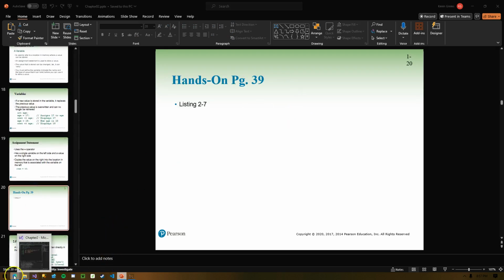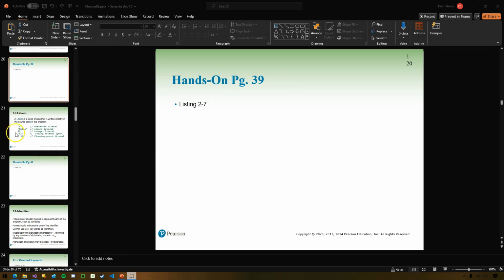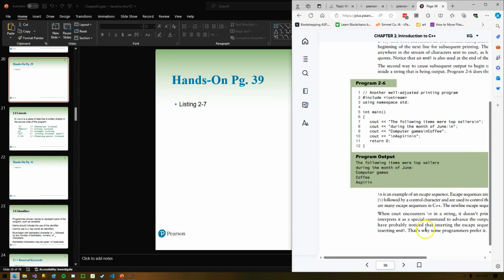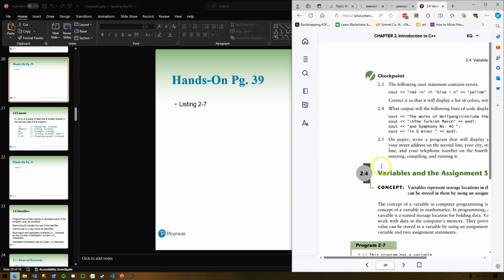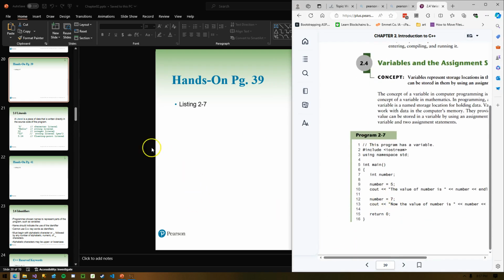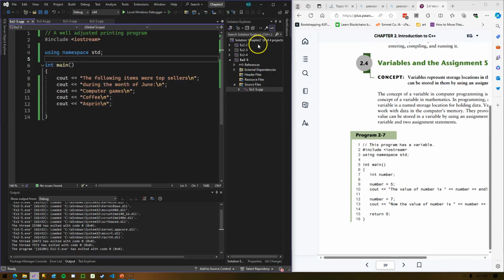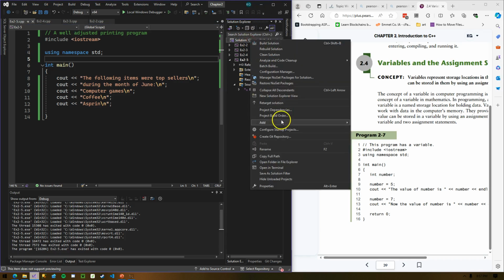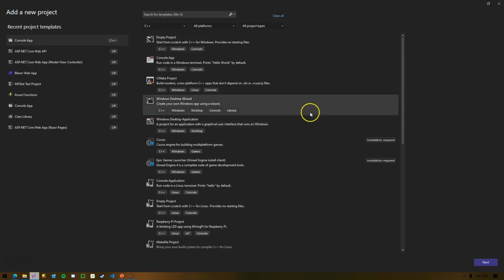All right, let's do a hands-on, page 39. Listing 2-7. And we're not going to do every single example in each chapter. I would say we'll do most of them, not all of them.